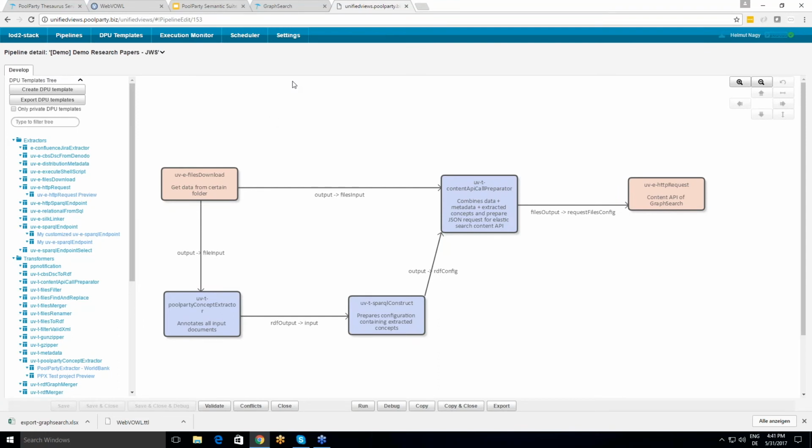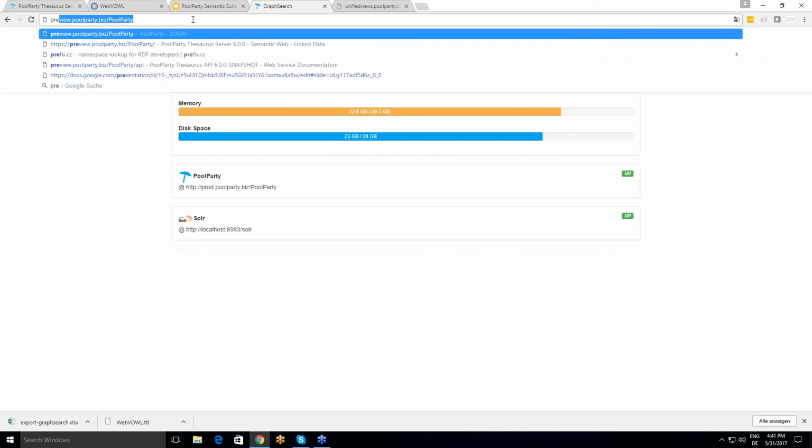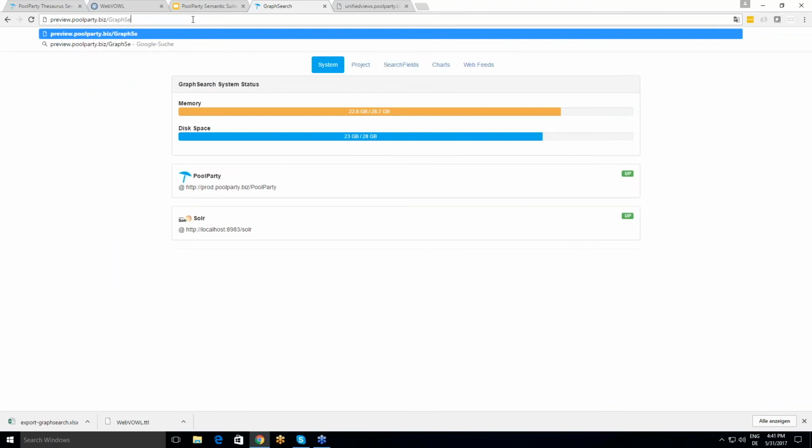And coming to the next point, in addition to this Solr or Elasticsearch-based search, you can build a graph search, and this one will be familiar because this graph search is built on top